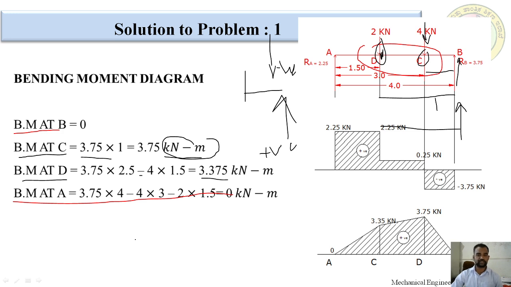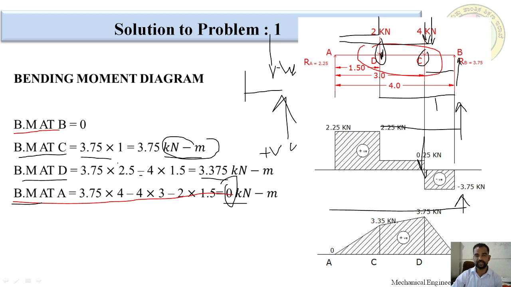Okay, even you can solve the problem by calculation also, we will get 0 kilonewton only. How we have to do? I will glance very fast. First, this is positive into this distance, up to this distance. How much? 3.75 into 4 total. Next, this would be negative, negative into this distance. How much? 3 meter. After this into this distance, 1.5. Total would be, by calculation also, we got 0 kilonewton meter. In every problem, wherever there is a support, the bending moment is 0 at the supports.